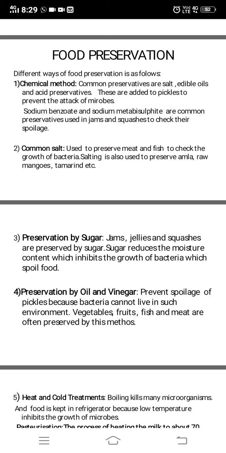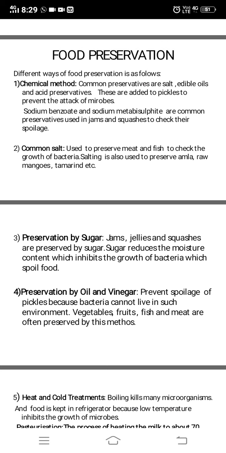Sugar reduces the moisture content, which inhibits the growth of bacteria, which spoil food. So if moisture is there, as I told you when we were doing the lesson on crop production, when we are storing the grain, there should not be any moisture, because bacteria or microorganisms will attack it. So similarly here, we should try to reduce the moisture. If you reduce the moisture, bacteria will not attack. So by adding sugar, we are trying to reduce the moisture.